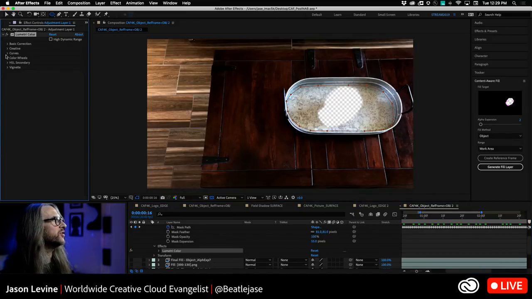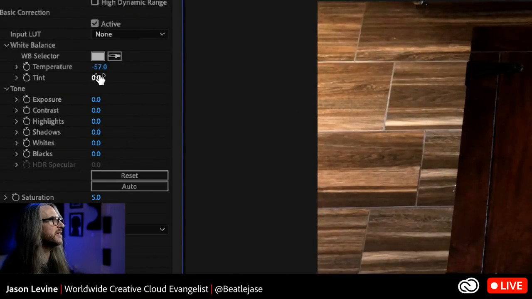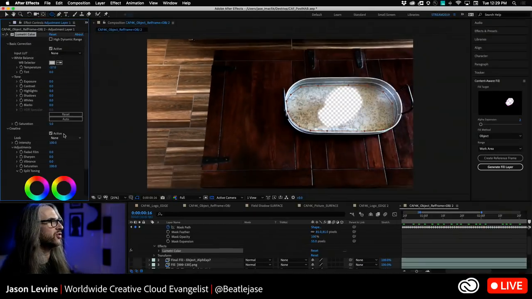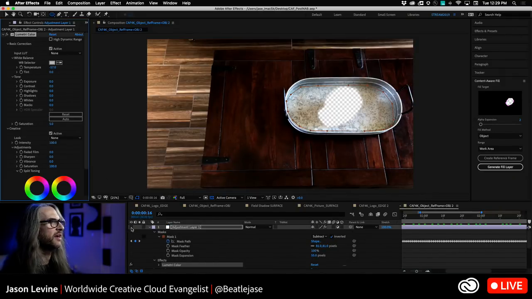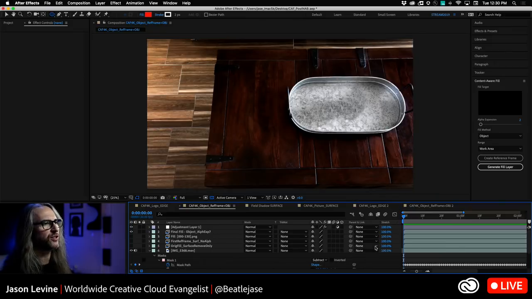And in this case, what was I doing with Lumetri here? I think I just did it in the basic corrections. So I adjusted the temperature a bit cooler down to around -57, right? Like this. And desaturated to around 5% as opposed to 100% saturation here. All right. And that gave us a little bit of color correction right there. All right. So here was the final version